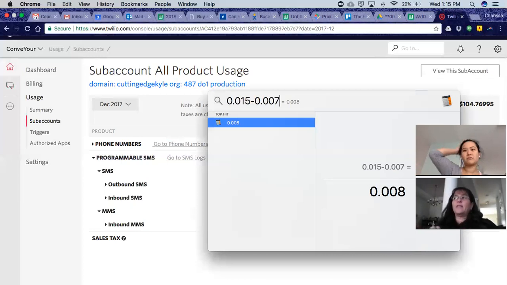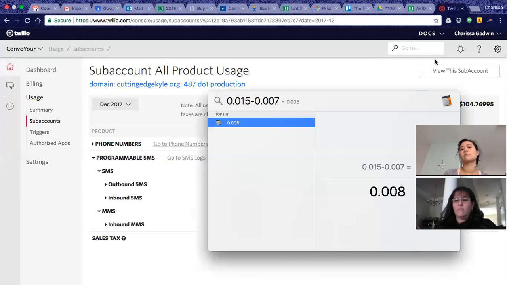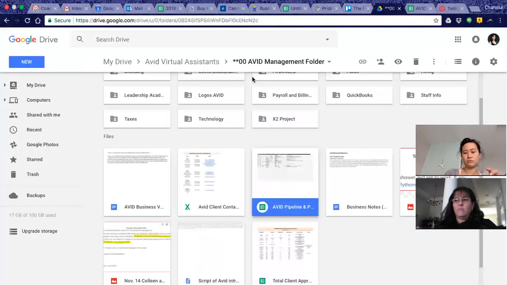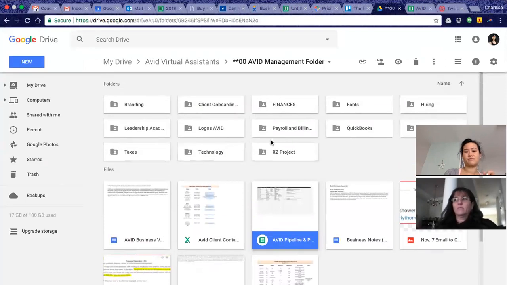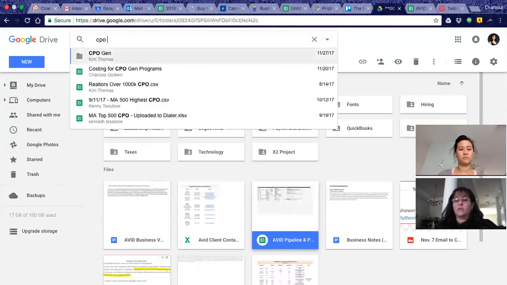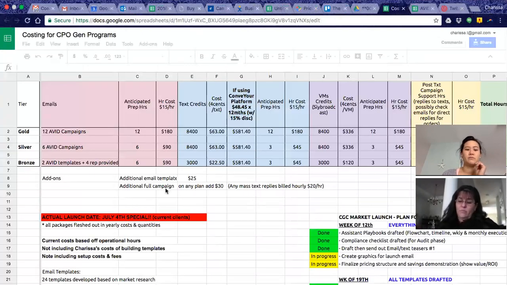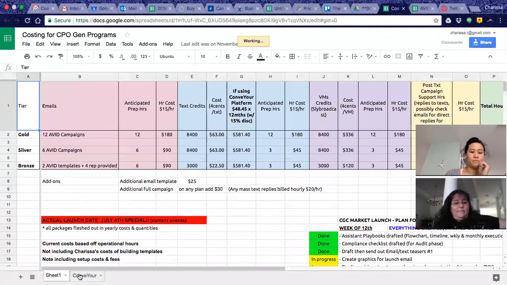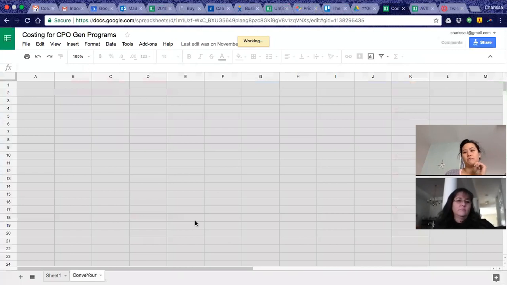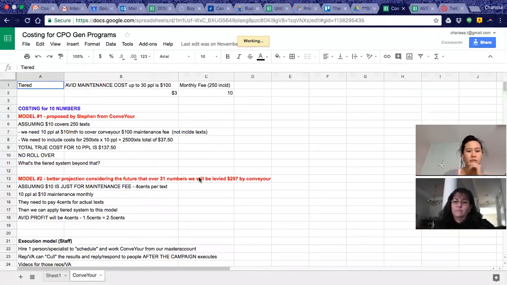So we're paying them 1.5 cents plus the $10 maintenance fee? Plus $100. Avid's cost is $100 in total. Okay. So the $10 a month we collect from our clients is to help offset that $100 that we pay. Correct. And then anything past that is profit. Right. But we really are mostly just paying for the cost right now.